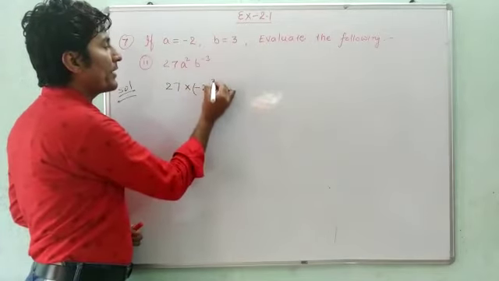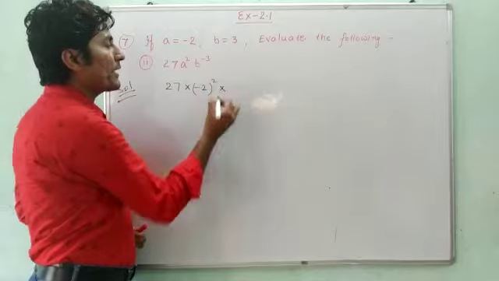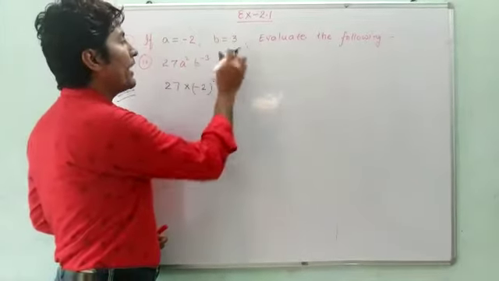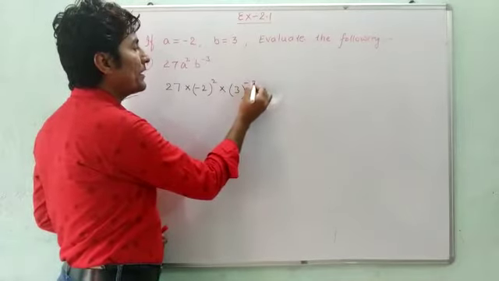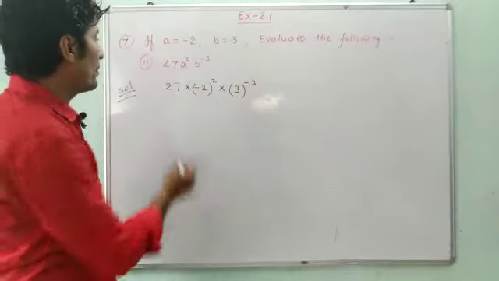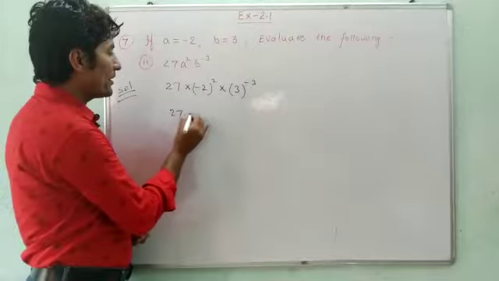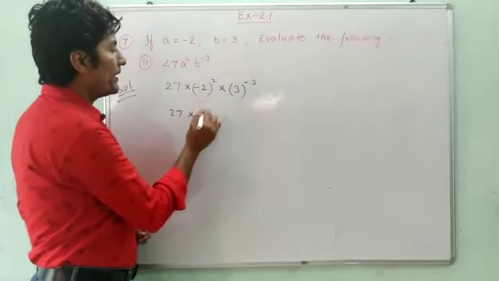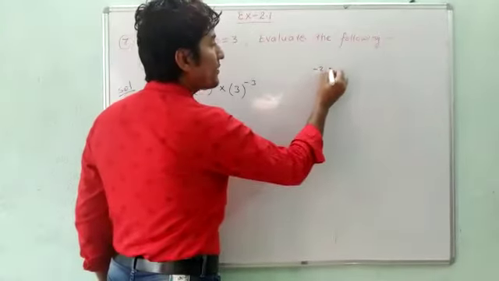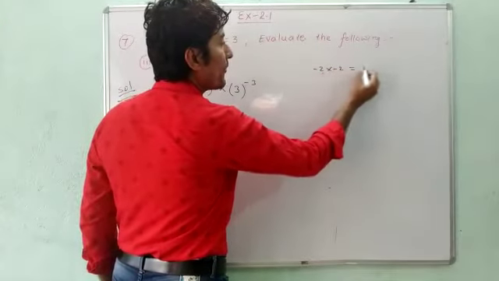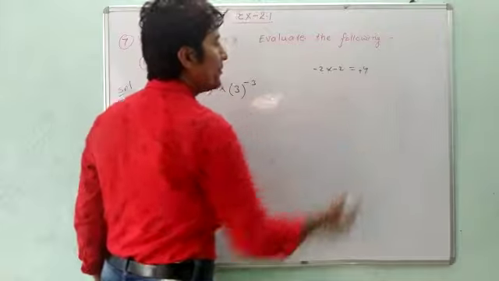Square is there, we can put the square. Again here we can put sign of multiplication. B, value of b is given 3, so we can write here 3, and the exponent of b is given minus 3, so we can write here minus 3 also. 27 will be as it is, no change, multiplied by square of minus 2 will be equals to plus 4. Let us see how it will be equals to plus 4. Minus 2 multiplied by minus 2 equals to 2 to the 4, and minus will be equals to plus 2.